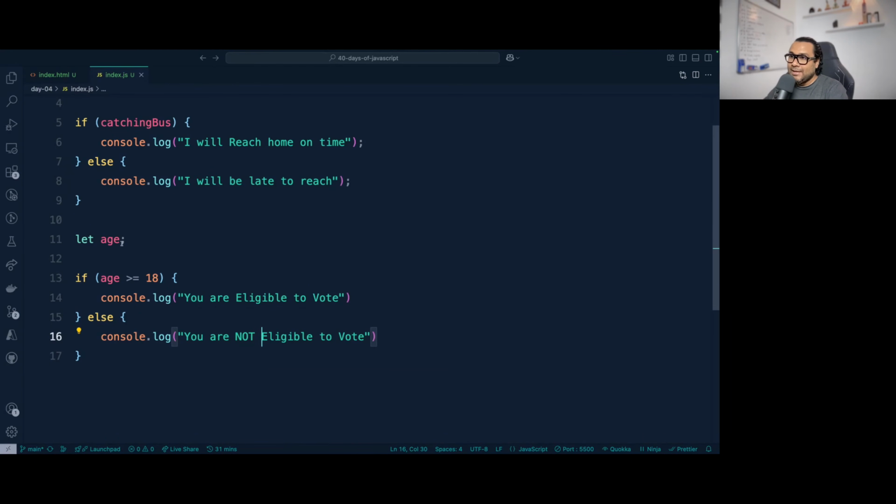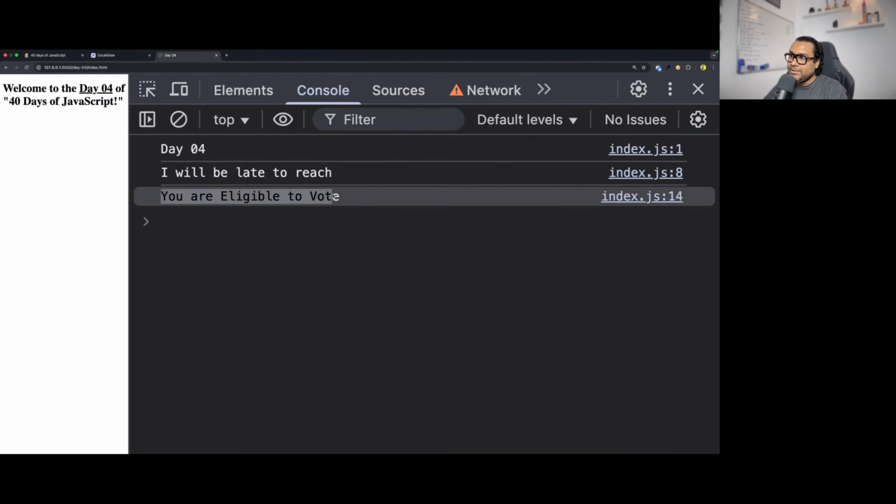Now to test this, I can pass different age values. If I give just 18, what will happen? The age value is 18. In this condition, with the conditional operator, age will be replaced with 18. 18 greater than equals to 18. Is it true or false? It is true, because we have learned that greater than equals does either greater than or equals, and one of them has to be satisfied. In this case, 18 is not greater than 18, but 18 is equal to 18. So this condition is satisfied and becomes true. If it becomes true, it will come inside these curly braces and execute, you are eligible to vote. Let's see that. It says you are eligible to vote.